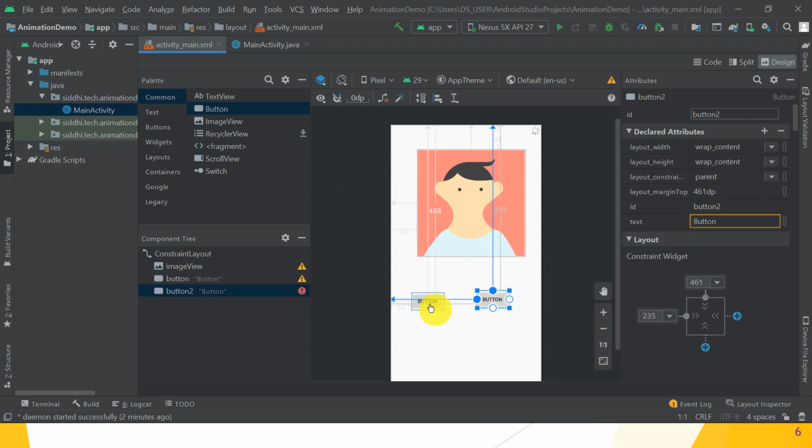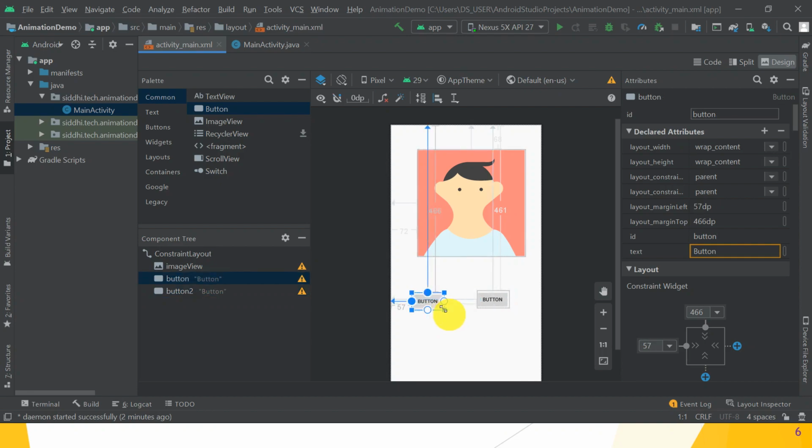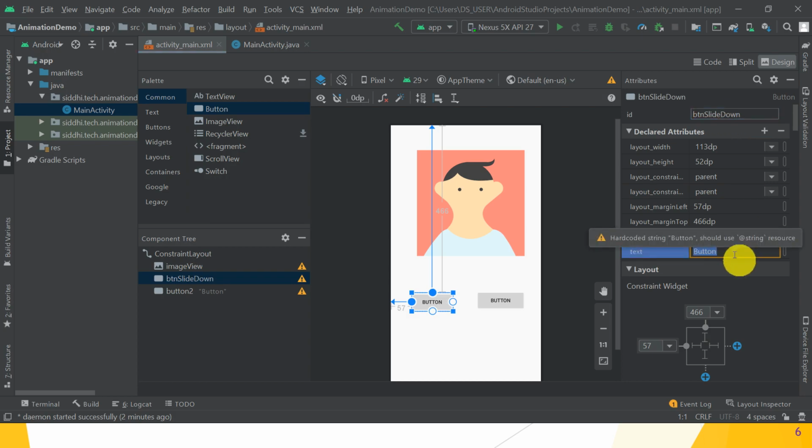Then give the name to these particular buttons, that is, for the first button give the ID name, that is button slide down, as well as give the text on this button as slide down. Yes.